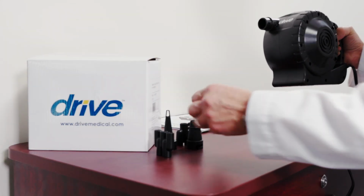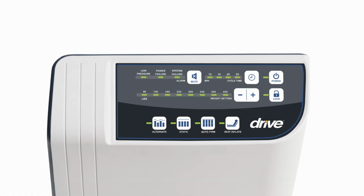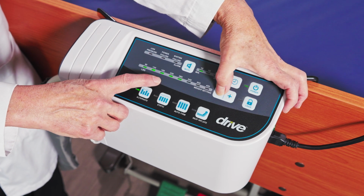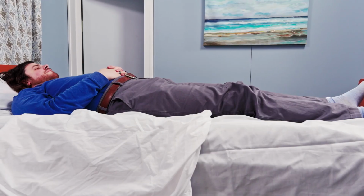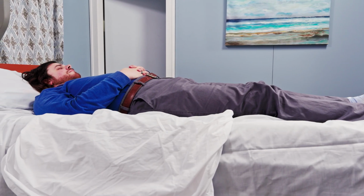Quick fill adapters are included with every MedAire Plus. When the initial inflation or auto firm process is completed, the PreserveTech MedAire Edge will automatically enter static mode. Using the patient's weight setting buttons, adjust according to the weight and height of the patient. Please note, due to different shapes and sizes of each resident or patient, these settings are only a guideline. And while the initial setting should be chosen based on resident or patient weight, comfort, and tolerance, it can be